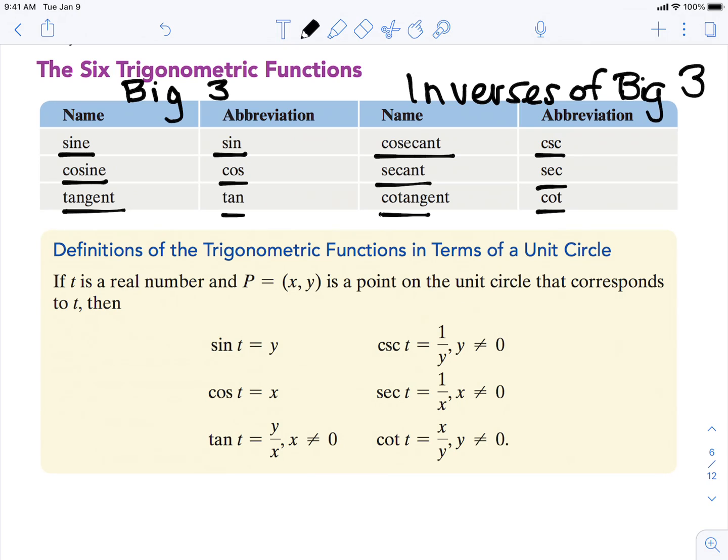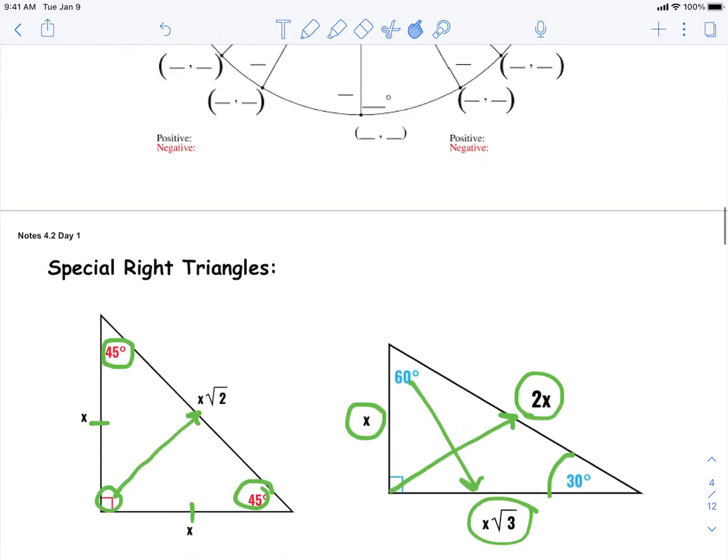In the yellow box are the values on the unit circle for the point on the unit circle that corresponds. So for the sine of t, so the sine of an angle measure, would be y. So let's go back